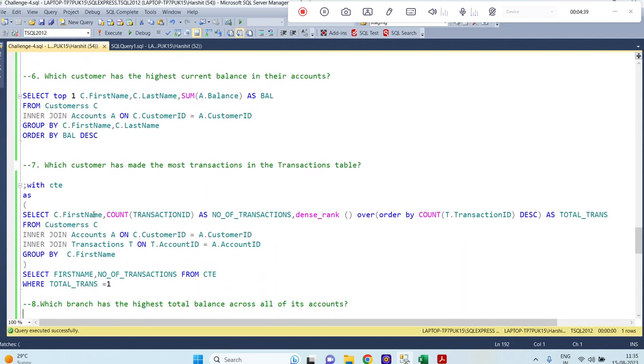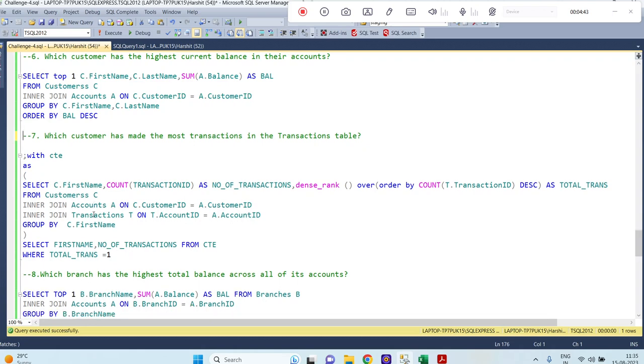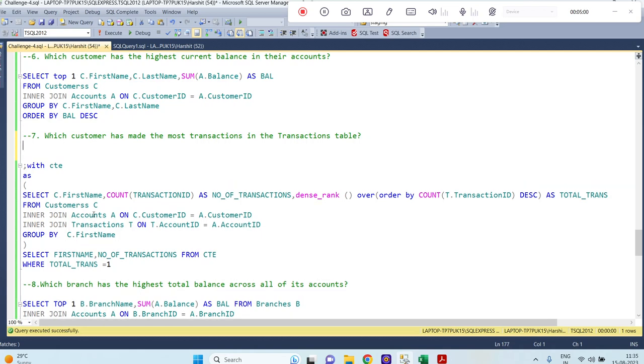Now let's jump to the seventh question. Which customer has made the most transactions in the transaction table? So here, guys, we require 3 tables: customers table, accounts table, and transactions table, because